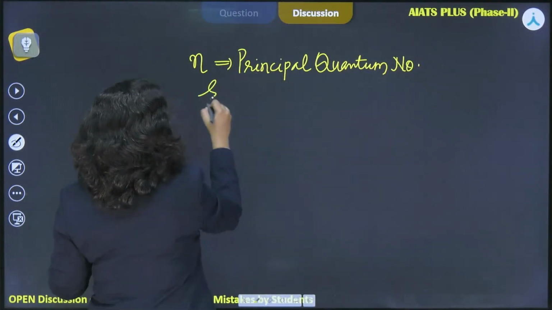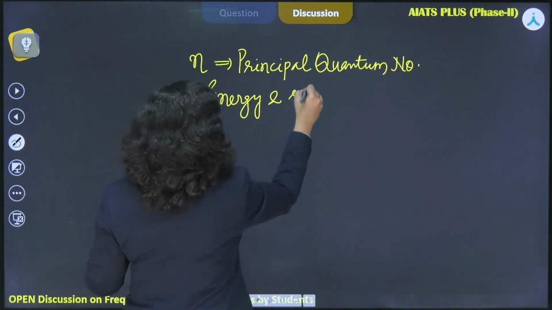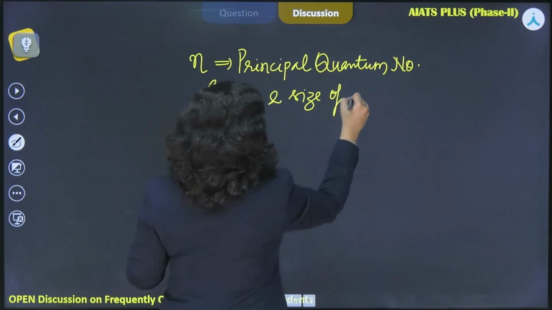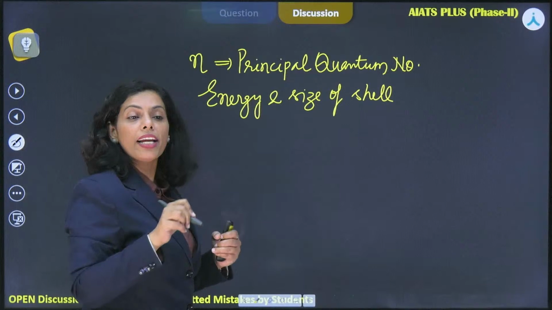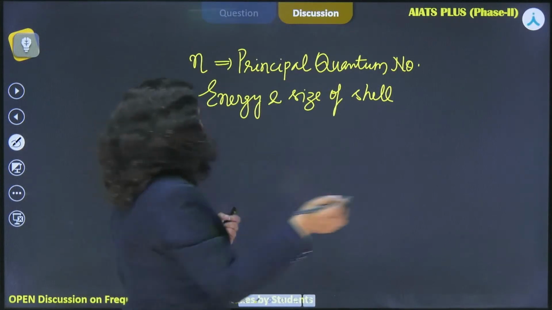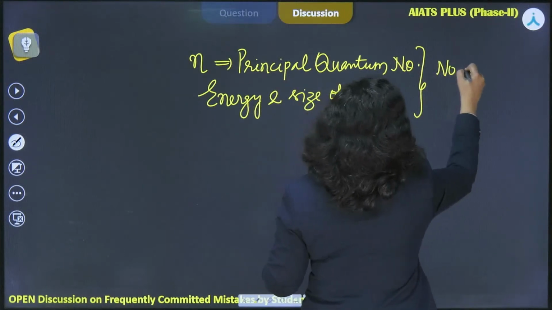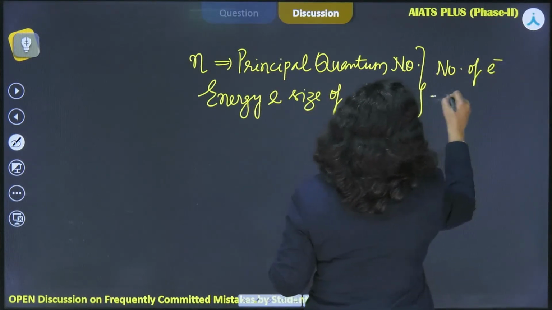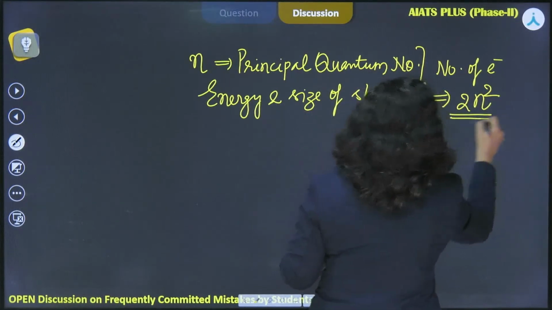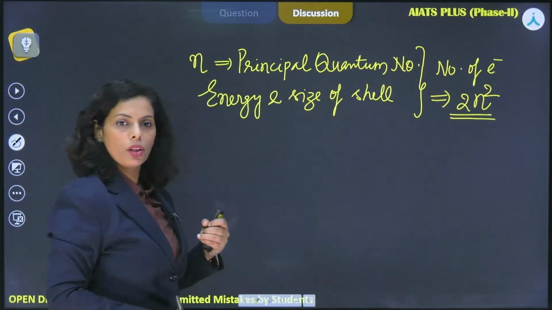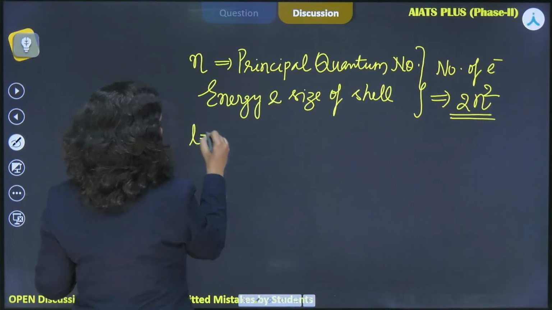It tells us about energy and the size of the shell. Even the number of electrons in a particular shell is also given by it, because the number of electrons in a shell is calculated by the simple formula 2n square. Done? Now further we have the L value,